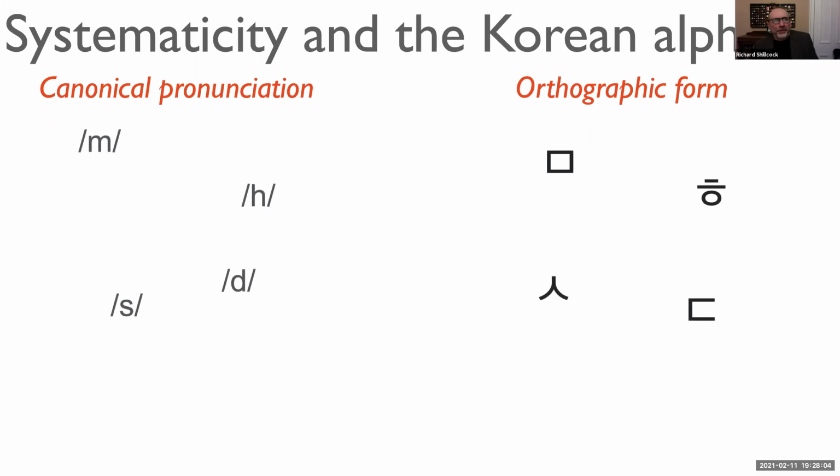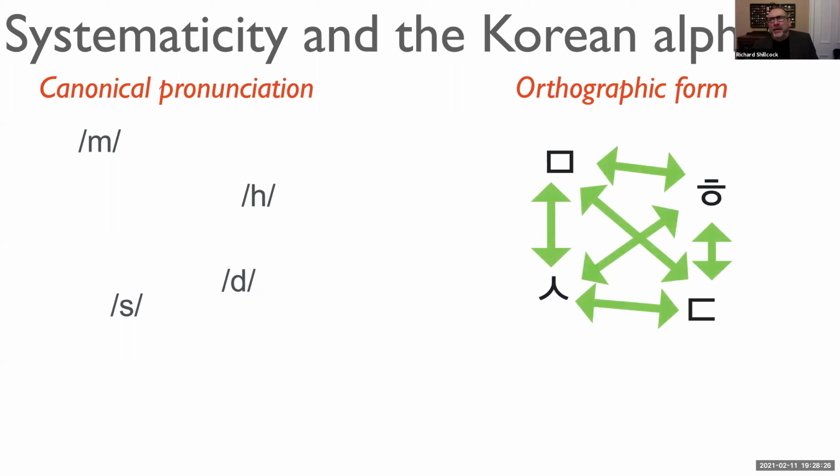So the examples I've used here are Korean ones. This is a M here, and there's some suspicion that this is to do with the mouth. This is H, this is D, this is S. Again, the example here is just really a toy example. And so we wanted to do the same thing again. We wanted the distance of each of the letters here to each of the rest of the letters. So that's the visual distance.